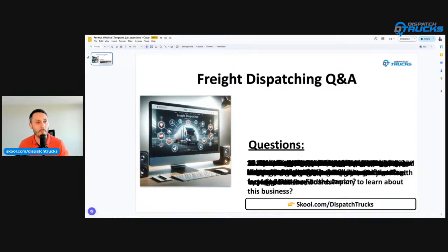How it's going to happen, I will tell you right now. I prepared slides. I got the common questions where people ask all the time, hey, what about the paperwork process? What about how we get loads from the load board, how to use the load board, how to access the load board? So these are the common questions.